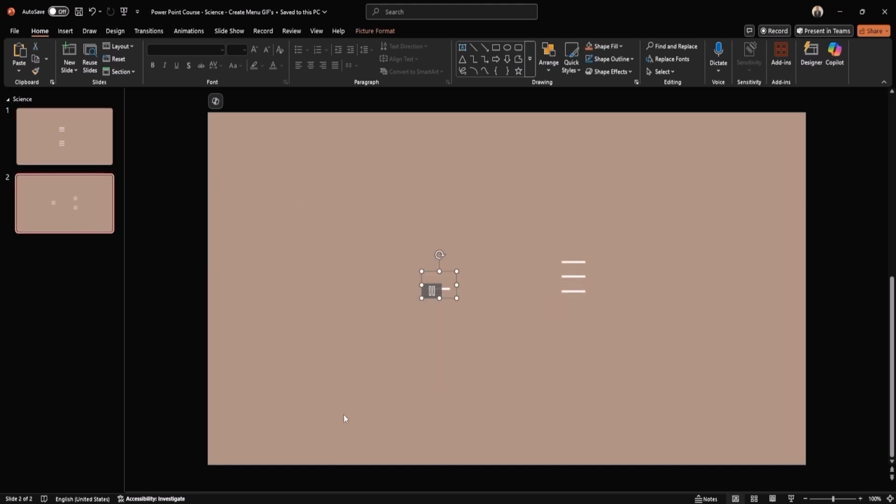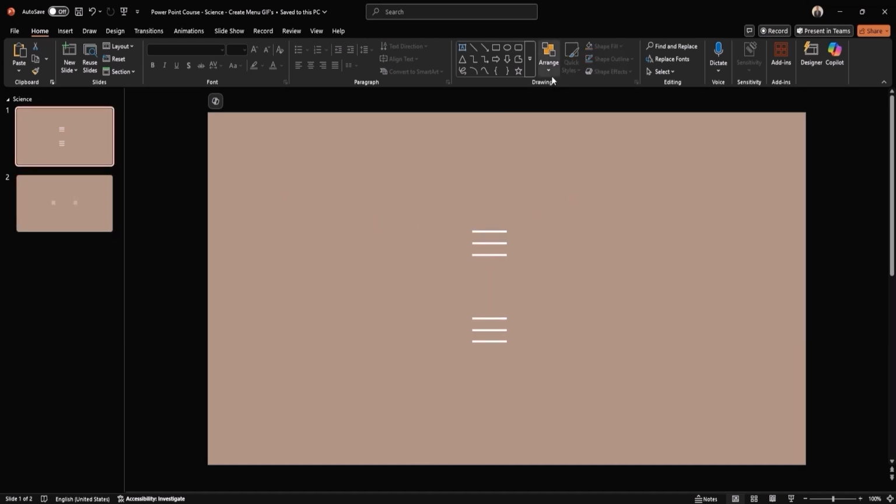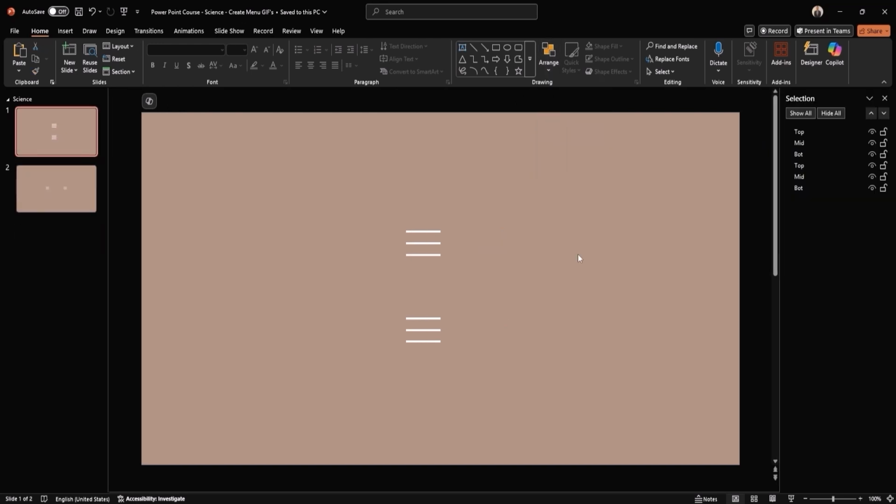On slide 2, you can see the finished result with two GIFs. They are both the same, but the one on the left has been cropped, so only the top part is visible. The one on the right includes both the top and bottom sections. Now, moving back to slide 1, you'll notice 6 lines. Here, we'll add line movement to all 6 and introduce a short delay for each to create a staggered effect.